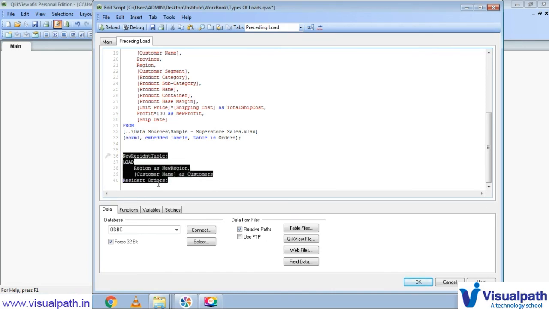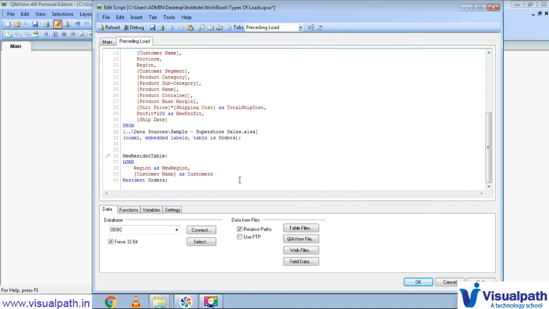This means this orders table is already present in our database. So friends, if some table is not present in our database, then you cannot do a resident load. This will give an error. As this is already present in our database, you can do a resident load. And while you're doing a resident load, you have to use a load key, and the same functions. These are the original fields present in our orders table, so you can keep those original fields and rename them or do some calculation.